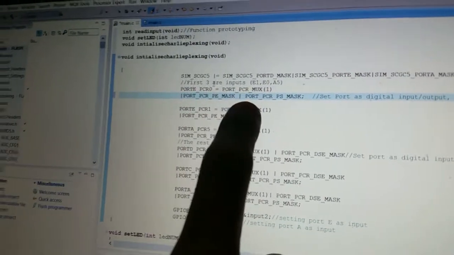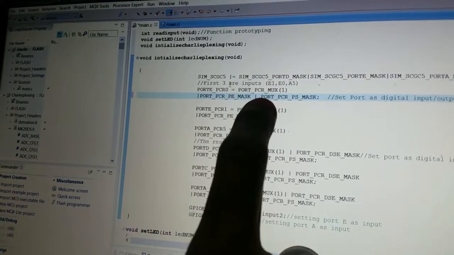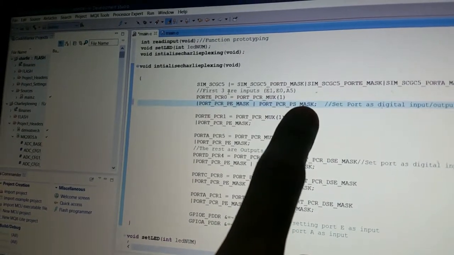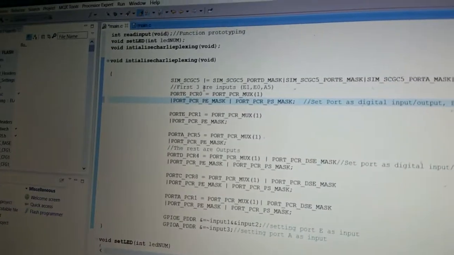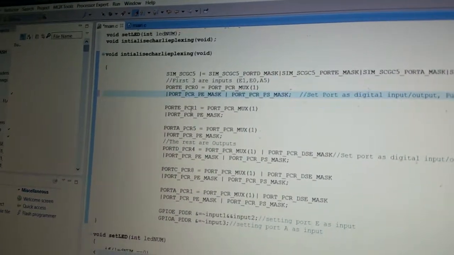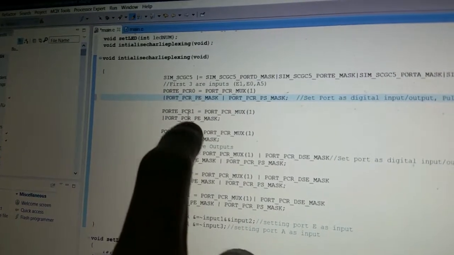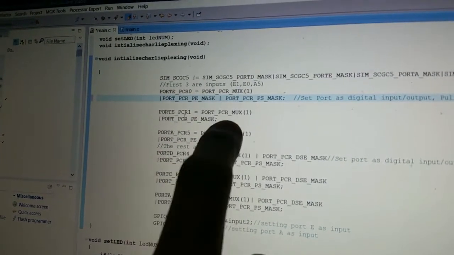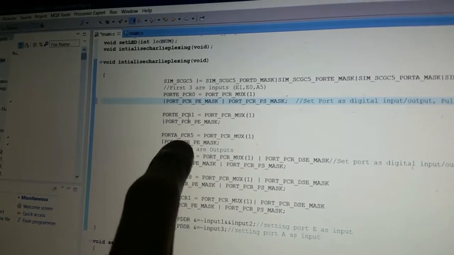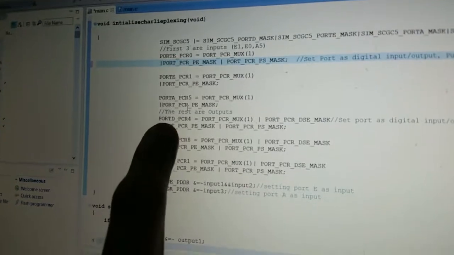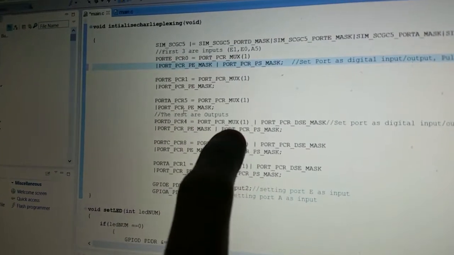pull enable, and PORT_PCR_PS_MASK, which stands for active high. Alright, same goes for port E PCR 1 and port A PCR 5. So for the output, we will set port D PCR 4 equal to PORT_PCR_MUX